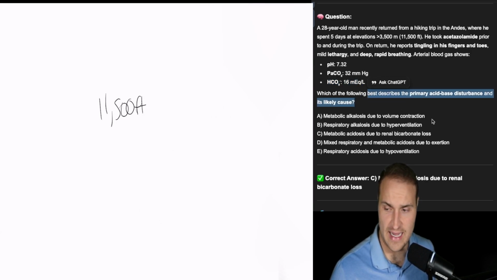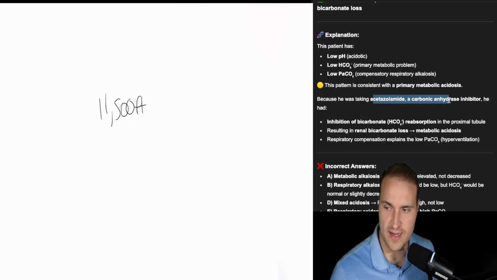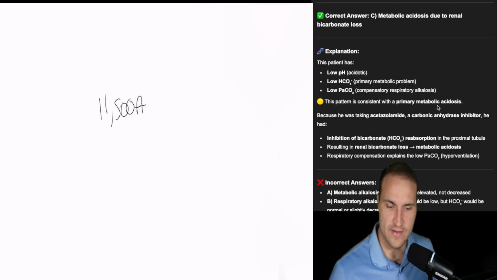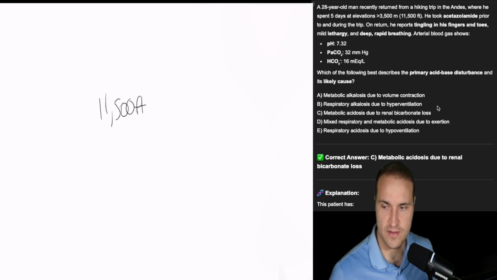Interestingly, this is metabolic acidosis because he's losing a lot of this stuff. He's taking acetazolamide, that's a carbonic anhydrase inhibitor, so he has an inhibition of bicarbonate reabsorption in the proximal tubule. And then you have a respiratory compensation that explains the low PaCO2. And this is a challenging question because typically you'll see respiratory alkalosis when you're super high up, but here he